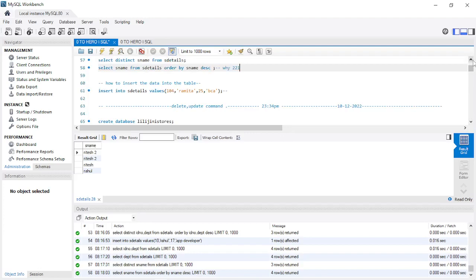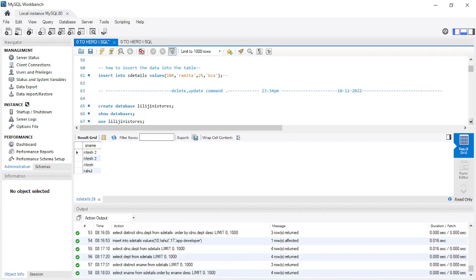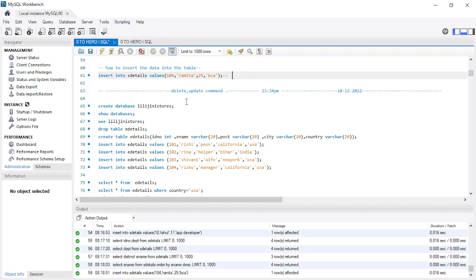So here all the data will be surname of student details table in order by descending order. Okay, how to insert the data into the table? Insert into student details values here 100 and Dramita and 25 and BCA. Okay, so it is inserting inside our table, and after that we are going to use